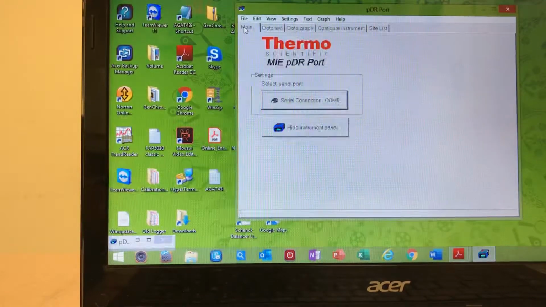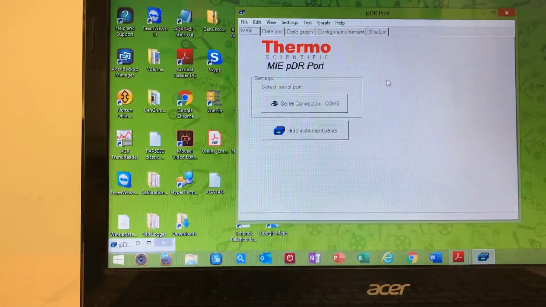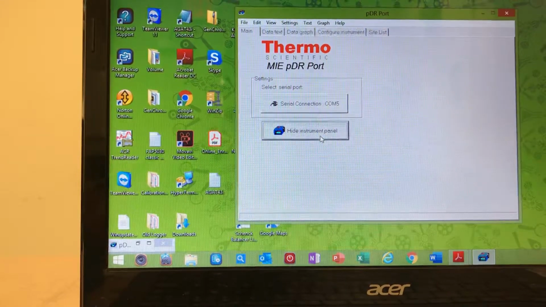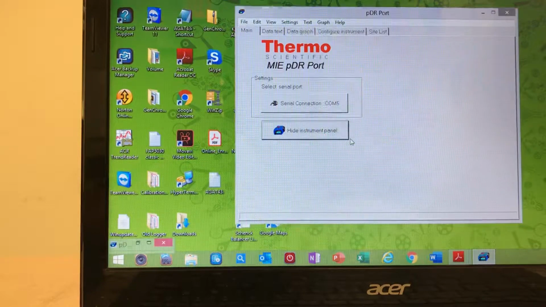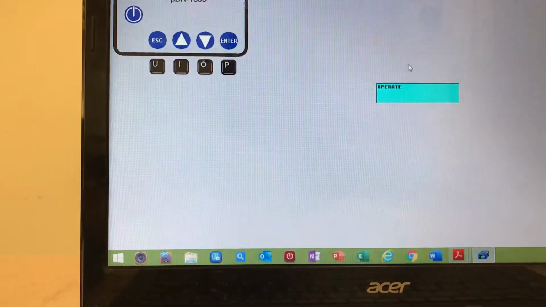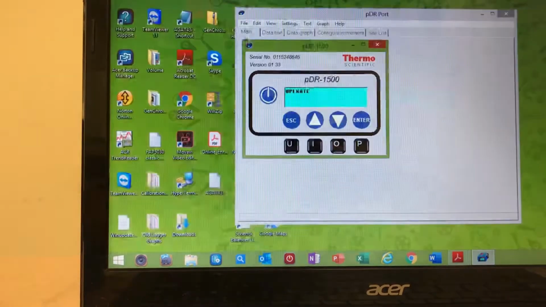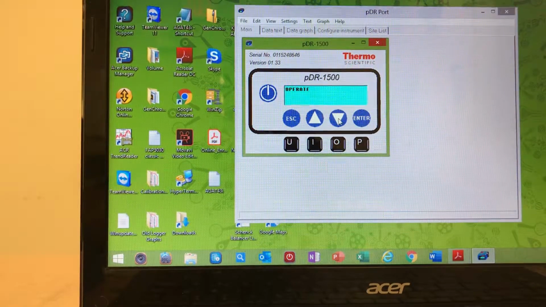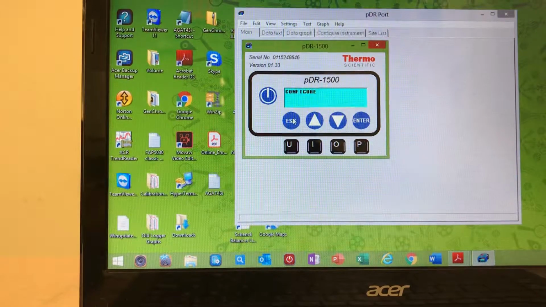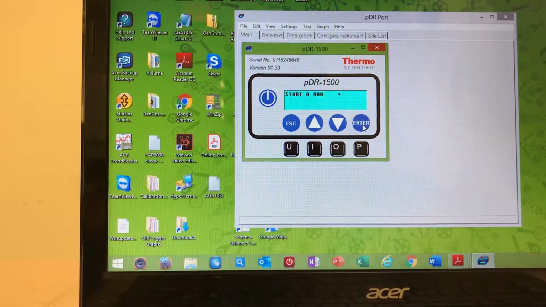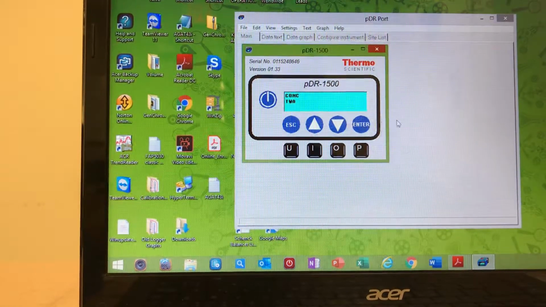So I can go back to my main screen. When it first opens, there's my COM port 5. There's my instrument panel, which is down here. I minimized it. Let's bring it back up. There's my instrument panel. Let's just bring it to there. And again, this is just like talking to the front of the pdr1500. So I can go operate. So I can go escape. So enter to operate, start a run, enter again. So I can actually control the